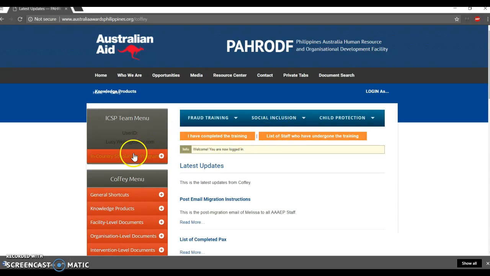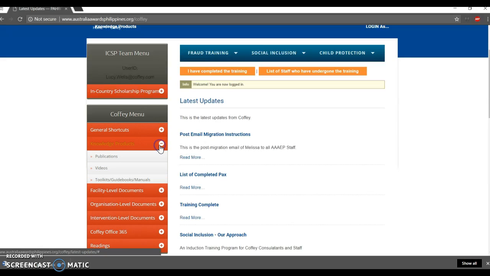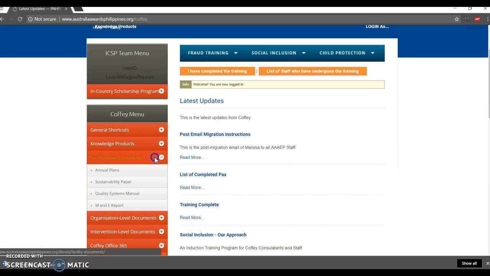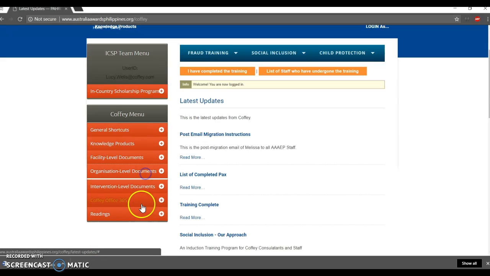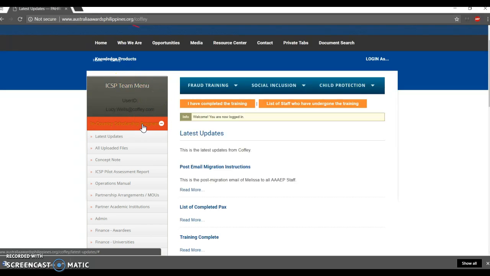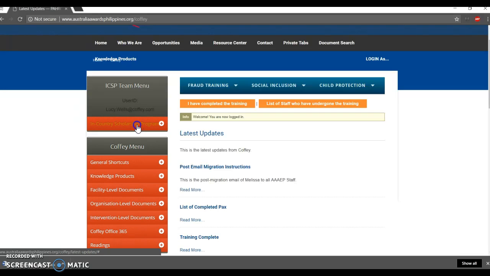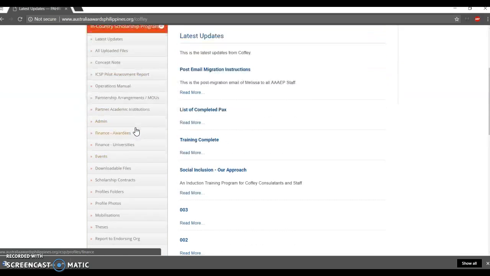As Coffee, you are presented with this menu, which is the shortcut of every most commonly used task in HRODF. But at the same time, as a member of the ICSP, you now have access to this menu, the ICSP menu. In the ICSP menu, you will select all functions. Say, for example,